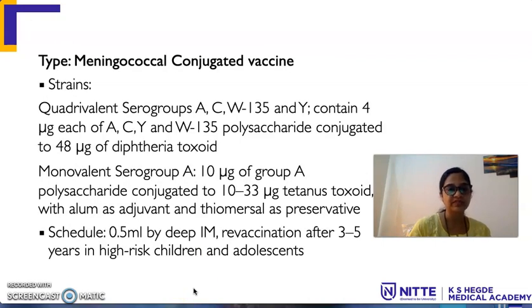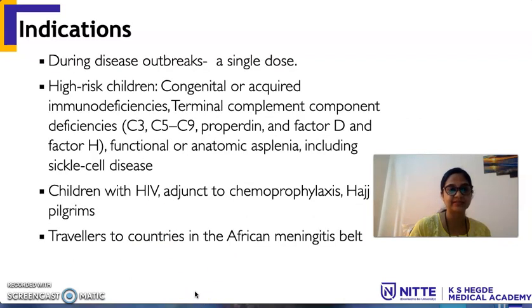Meningococcal conjugated vaccines are available similarly as quadrivalent and monovalent serogroups. It is given as 0.5 ml deep IM, with revaccination every 3 years or 5 years in high-risk children and adolescents. So what are the indications? During disease outbreaks, a single dose is required. High-risk children include those who have congenital or acquired immunodeficiencies, terminal complement component deficiencies, functional or anatomic asplenia, including sickle cell disease, children with HIV or other immunodeficiencies,